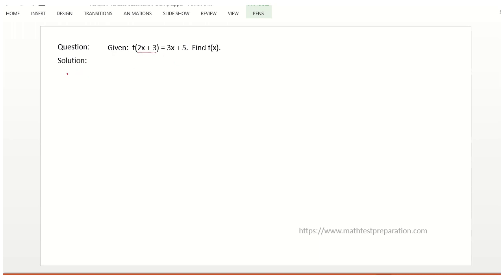We name a variable t = 2x + 3. So 2x = t - 3. So x = half of (t - 3). So the function f(2x + 3), which is f(t),